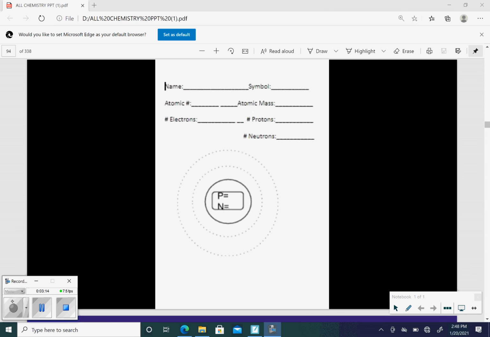Okay, here is a picture of the worksheet that you guys are going to be working on. Yours is going to be a little different than this because it's obviously electronic, but I tried to make it as simple as possible. I want you to notice